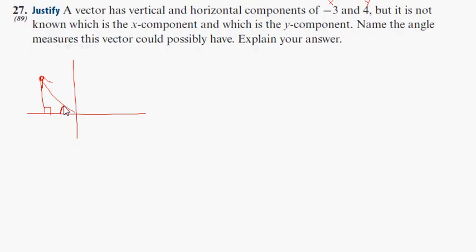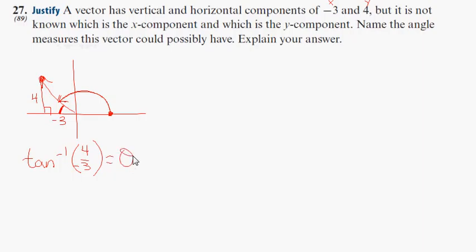Technically, once we know this angle measure, it's actually this angle measure that we need to name, because we always measure from zero degrees, and we start in the first quadrant. So knowing what this angle measure is will get us into the second quadrant, which is where this xy component will be. So if this is -3 and this is 4, which trig function can we use? Well, looks like we can use the tangent. So we have the inverse tangent of -4/3,